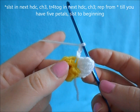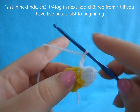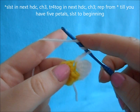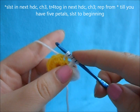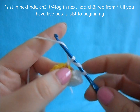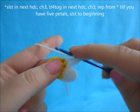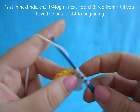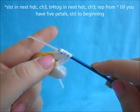Now we're going to work 4 treble crochets in the next stitch, leaving them unfinished, so we have 5 loops on our hook. So you double yarn over, go into the next stitch of your base, pull up a loop, yarn over, pull through 2, yarn over, pull through 2, double yarn over, go in that same stitch, pull up a loop, yarn over, go through 2, yarn over, go through 2,